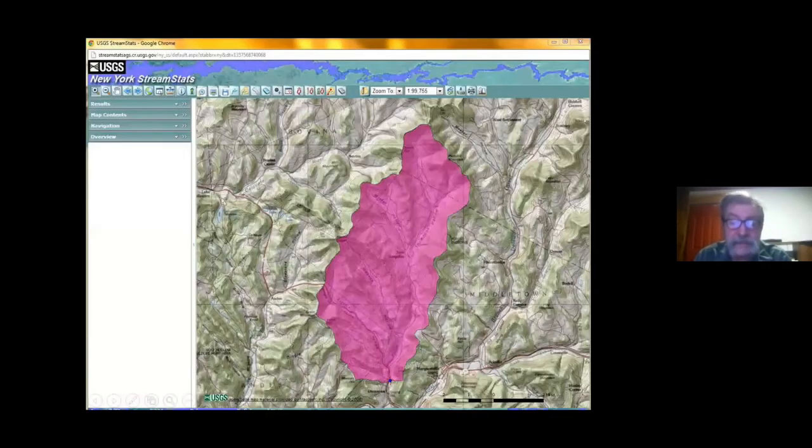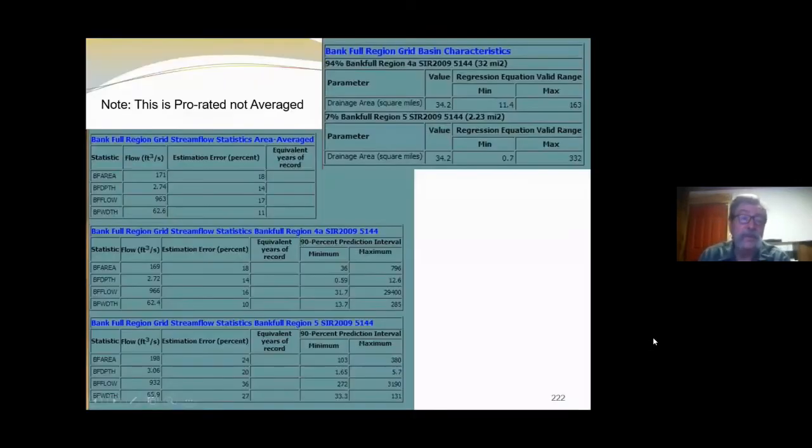Again, going to stream stats, we placed our dot down where that occurrence happened. It automatically gives us our basin delineation. So again, we know how big our basin is. We go to the statistics. We find out what our drainage area is, and here we have a 34 square mile drainage area, and here's our bankfull dimensions. Now, one of the things it gives here, it gives 3 different bankfull